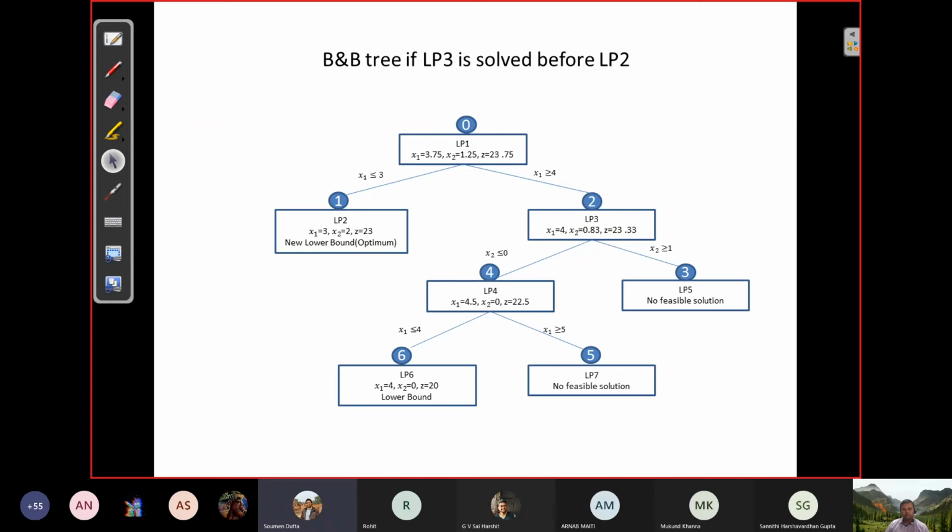We can take the solution from LP4 and use dual simplex to restore feasibility after adding a new constraint. Yes, so you already know how to add a new constraint to a system, so you can utilize that. Although the branch and bound method has LPs at all these nodes, not every time do you have to solve from scratch. You can use your knowledge from sensitivity analysis, how to add a constraint, remove a constraint, add a variable, remove a variable, and things like that, to get to the optimal solution for that node very quickly.